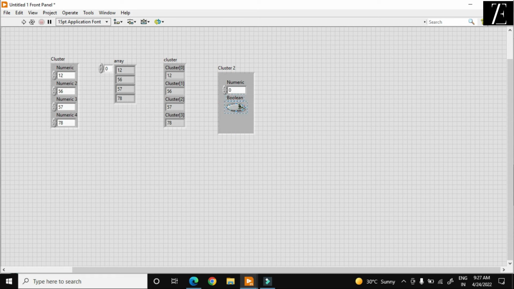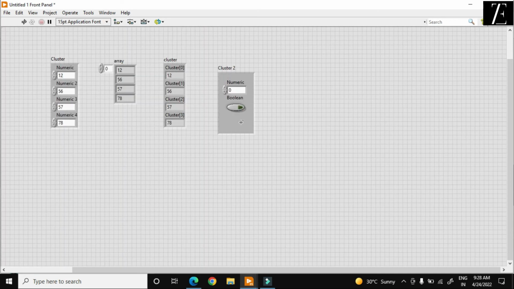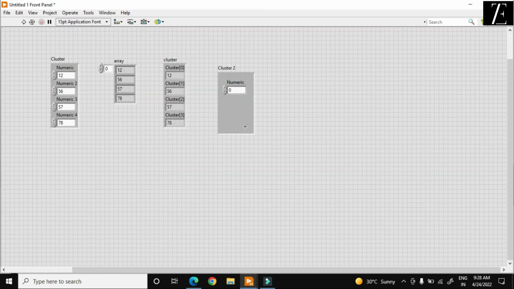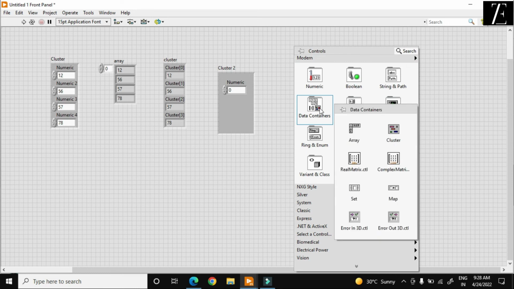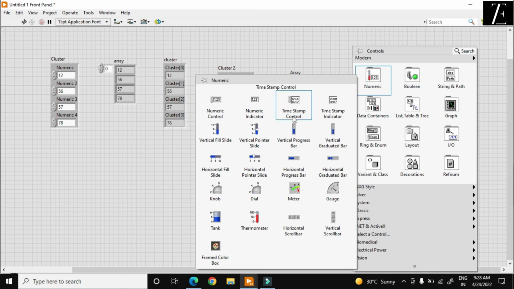So I want to just check this out. If I just drag and drop this cluster over here and I want to connect this again over here, you can check this is not done. Okay, so if you want to remove this, delete this array, the broken arrow goes, and if I want to just put a blank array into this,